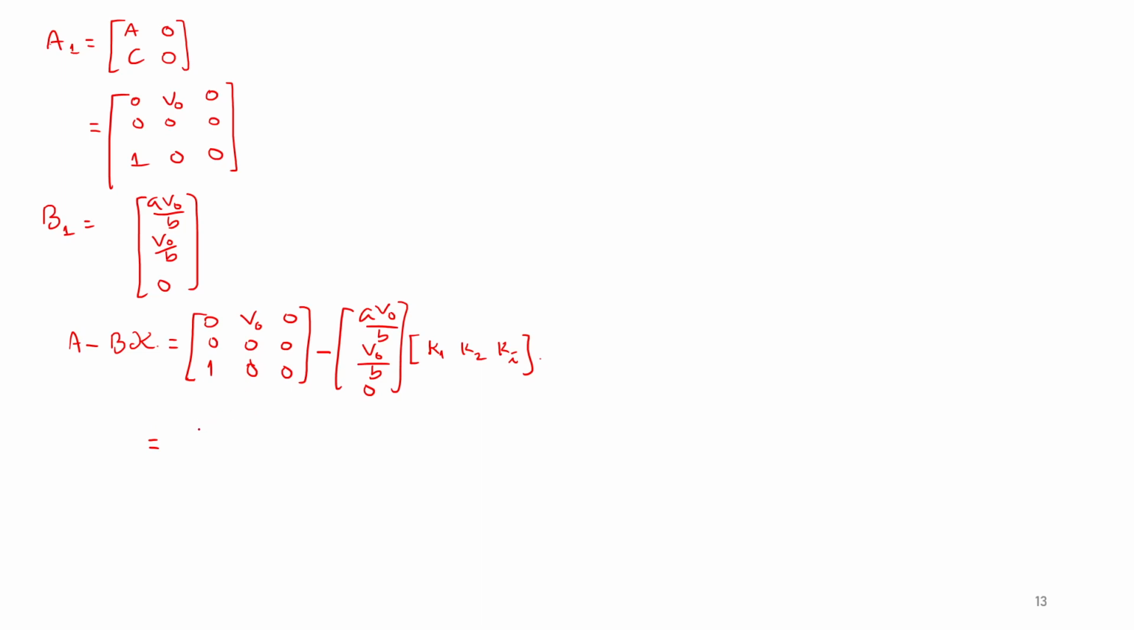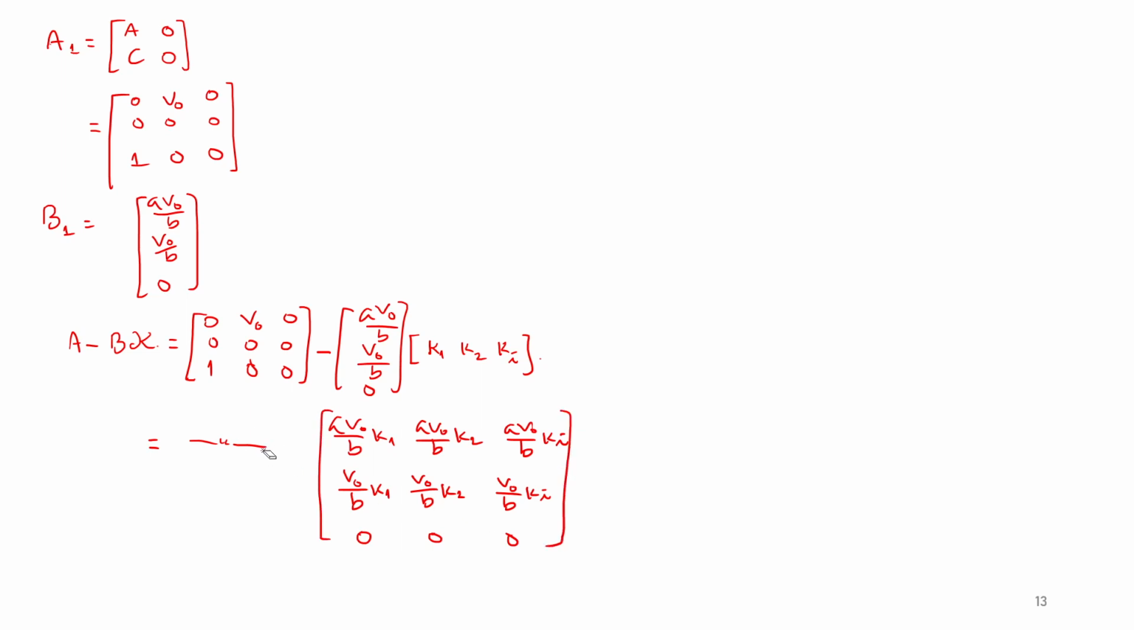And so this one is the same, and this one, what do you have? You have A V0 over B K1, A V0 over B K2, A V0 over B Ki. Okay, and this one V0 over B K1, V0 over B K2, V0 over B Ki, and you have 0 0 0. Okay, like this, and this one is the same, and then you subtract them together. You have A minus B K equals